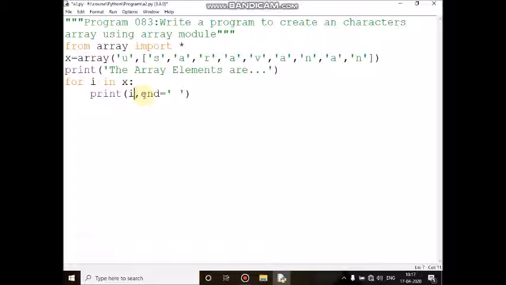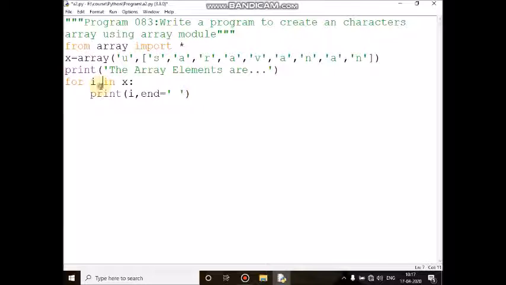It will print, then give one blank space. Then i is indicating x of the fifth element, which is A. It will print, then give one blank space. After this blank space, the cursor will be there.